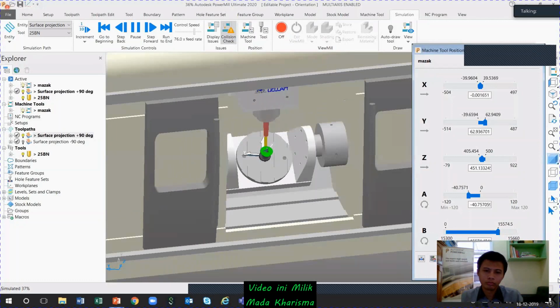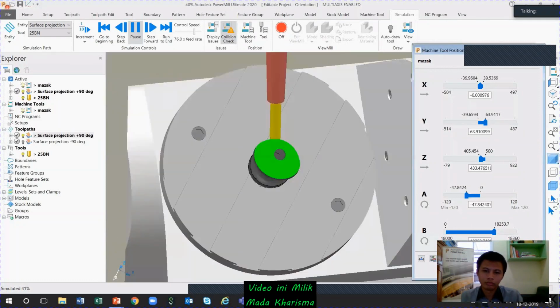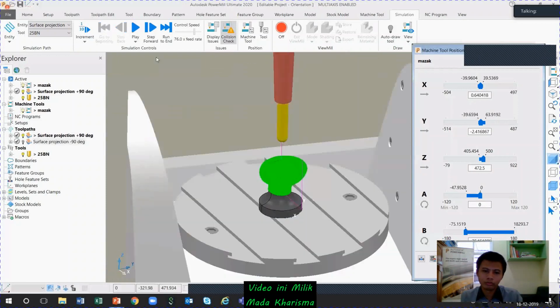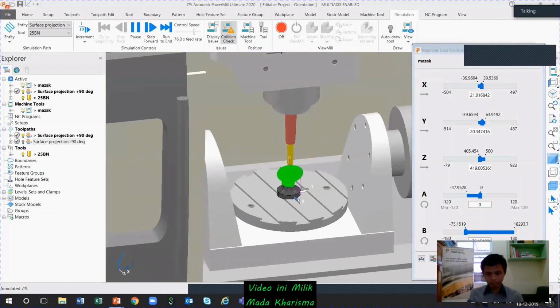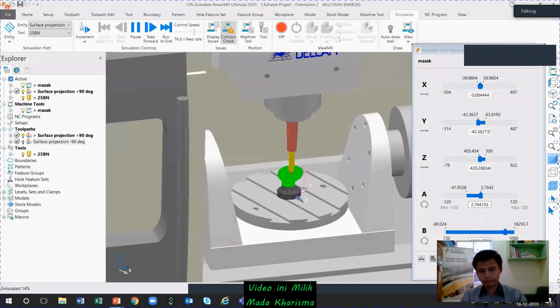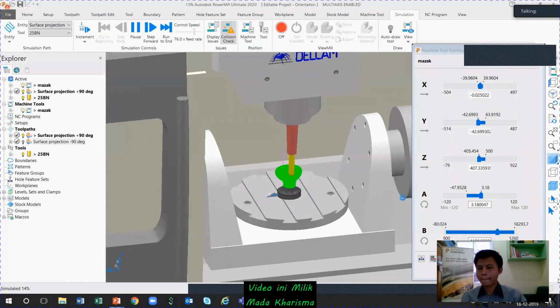Just playing again. It is a 3-axis one at the top. But when coming down, now you can see my A angle is moving to the positive side.